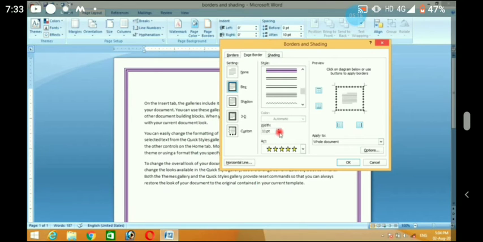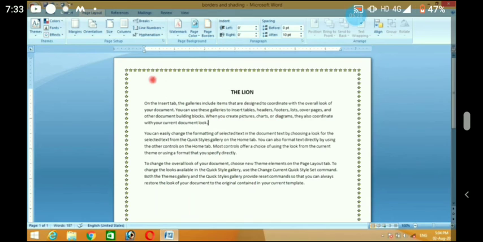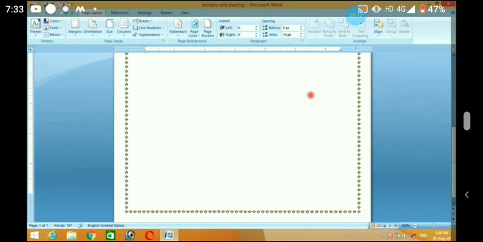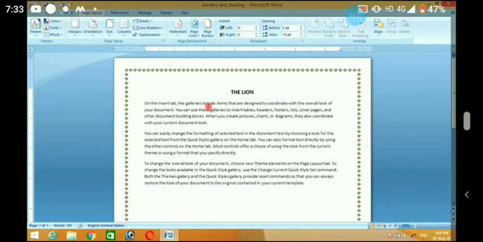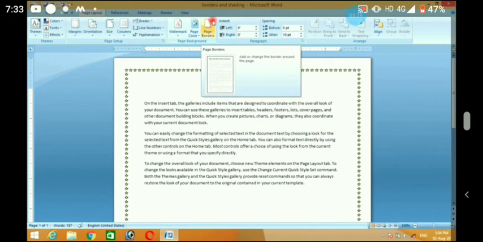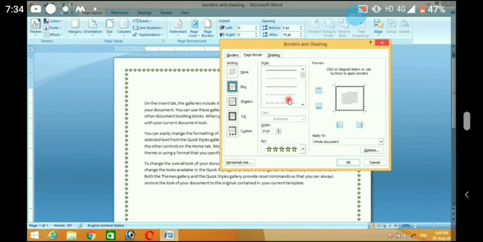If you make the PT a smaller version, you are not able to see the prominent one. See how the stars are coming. This is an art kind of border. It's not actually a formal border. In case of normal party invitations and all, you can use it. You can use it for other things also, like birthday invitations.